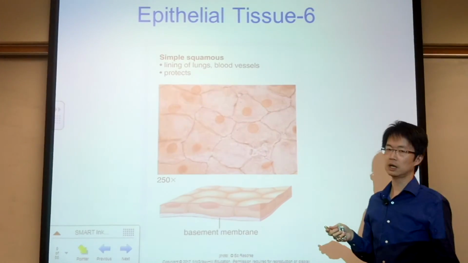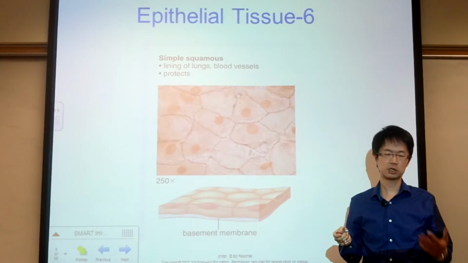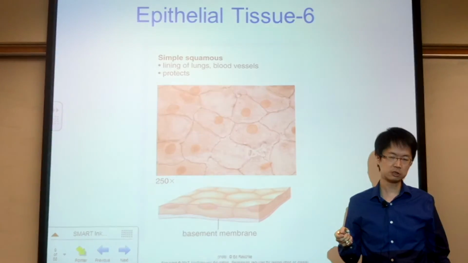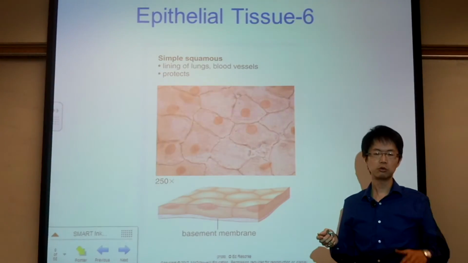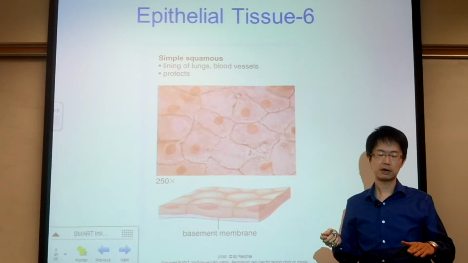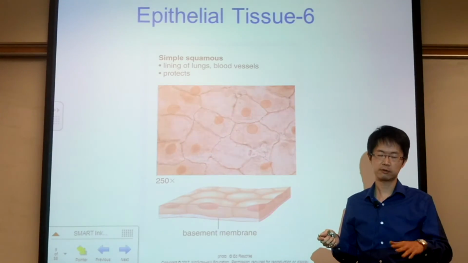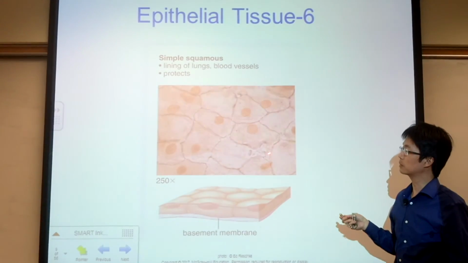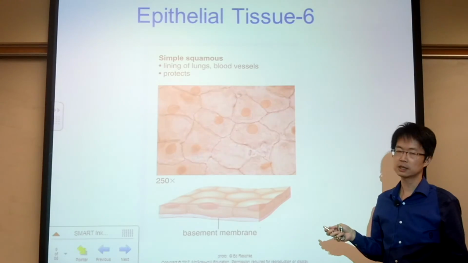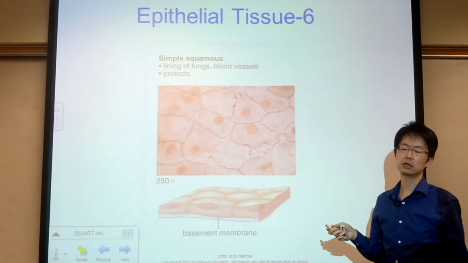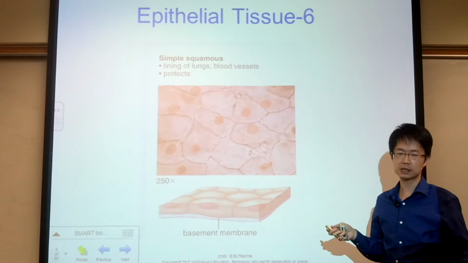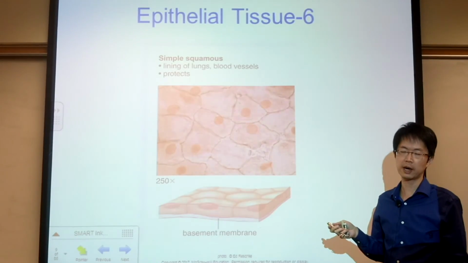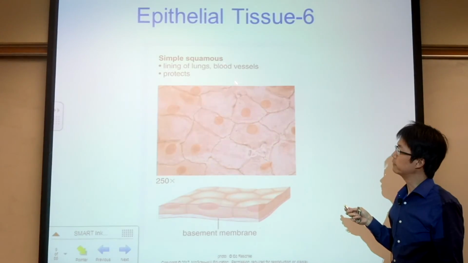Lining of the lung, what is the function of lung? It is for exchanging gas, oxygen and CO2. So we want to have very thin layer of cell, one layer, and also they are very thin. So the squamous epithelium will be a good candidate to line the lung so that it will facilitate the exchange of CO2 and O2. Blood vessels,